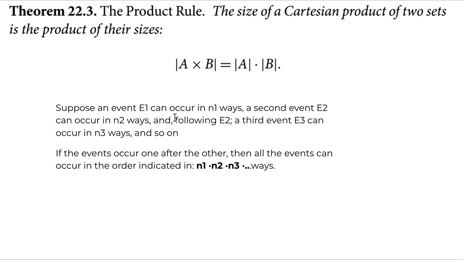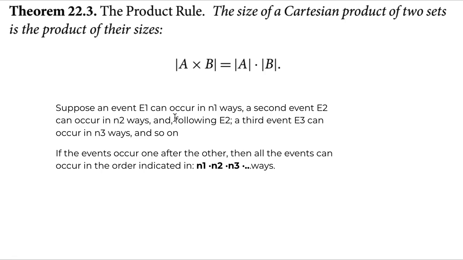So three ways I had the breakfast, three ways I could have lunch, and at dinner I want either a rice plate or a Subway sandwich. So how many ways can I eat through the whole day? I can eat breakfast in three ways, lunch in three ways, and dinner in two ways. So the number of ways I can eat through the day is 3 times 3 times 2,